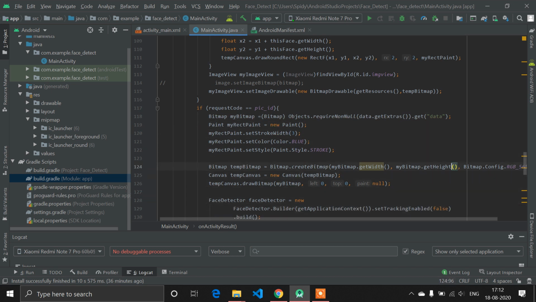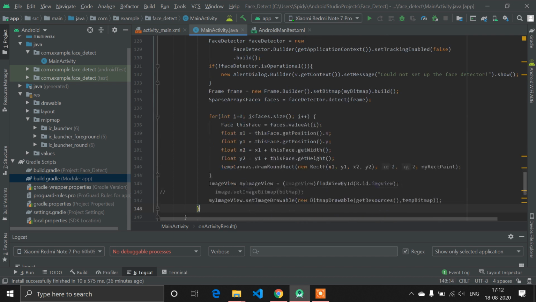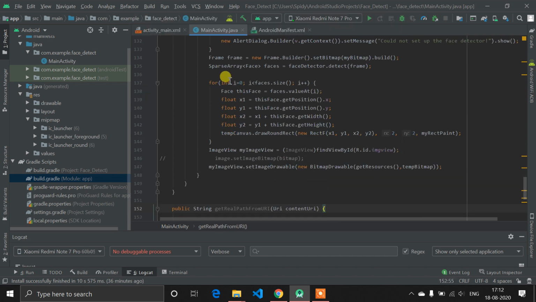Even though I have copy pasted, the code is the same. So at the end, once again, I have placed my image in the image view,